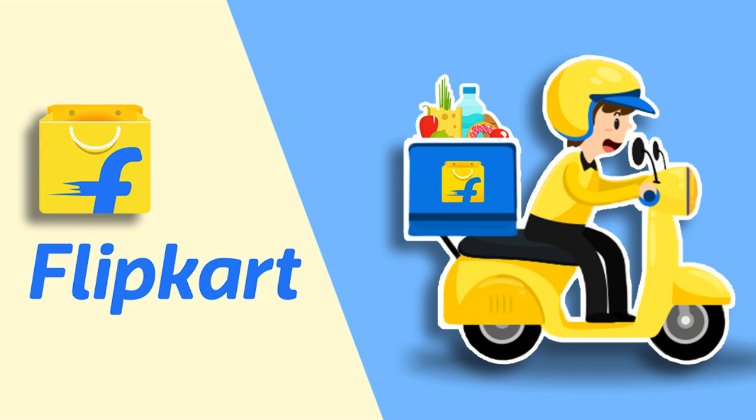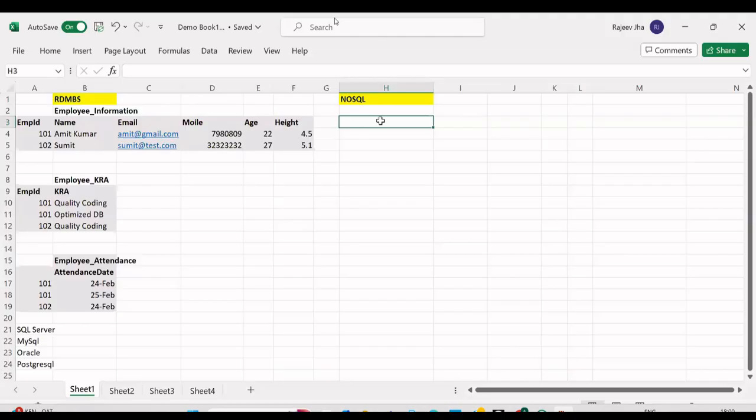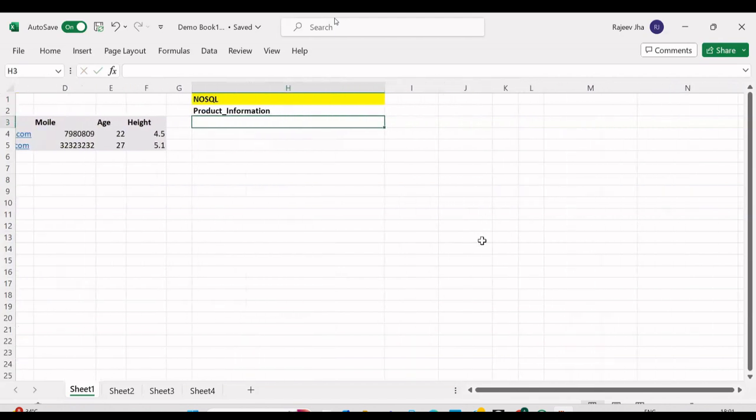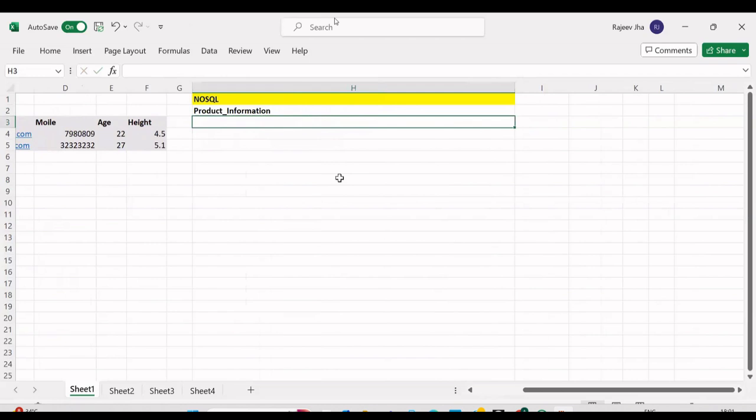So let's take an example. Think that I'm managing product information which is uploaded by multiple partners, right? Because the product information is unpredictable due to my different suppliers or partners,